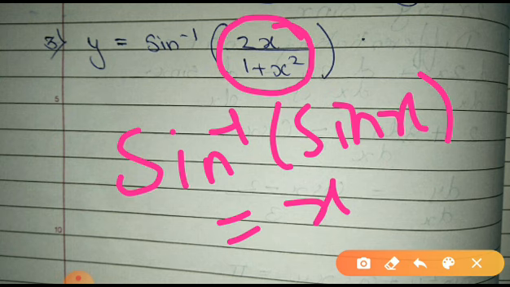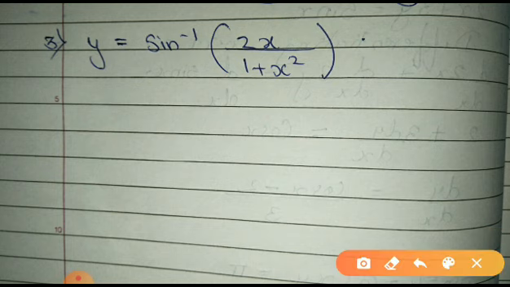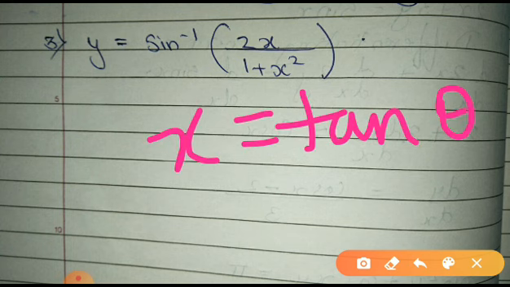Now, is it similar to any identity involving sin? Yes, you have the sin 2 theta identities. In that, it resembles the second one, in terms of tan. What was it? It was 2 tan theta by (1 plus tan squared theta). So what I should do is substitute x as tan theta. Always remember this angle should not be your x or y.